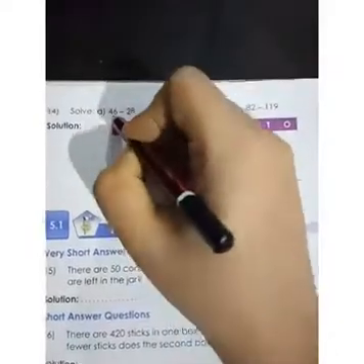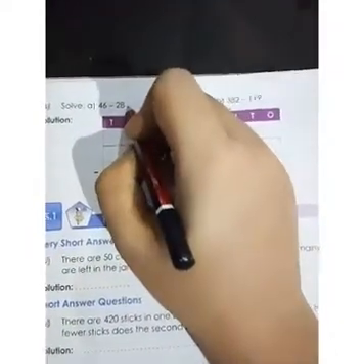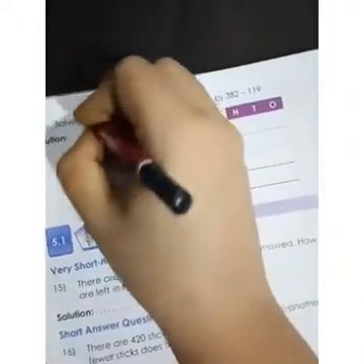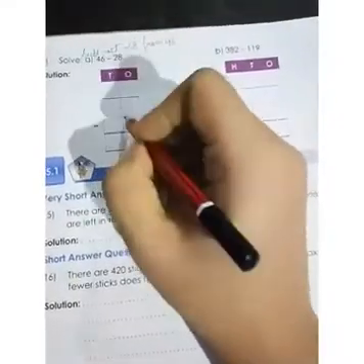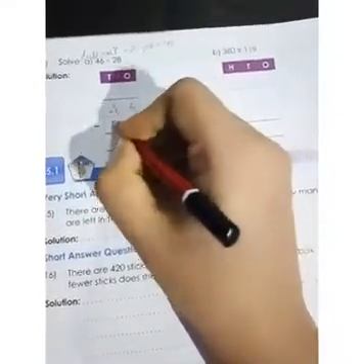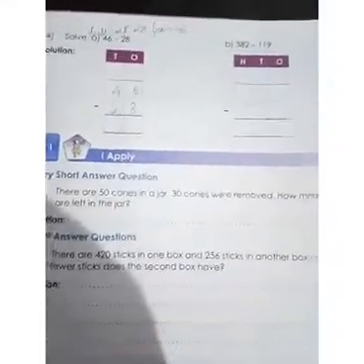The next question, see here it is directly given 46 minus 28. In the other form the question would be, I am writing the other form, subtract 28 from 46, same meaning. Subtract 28 from 46, same meaning. So which is the bigger number here? 46 minus 28. So do this by yourself, and question number 14b also.